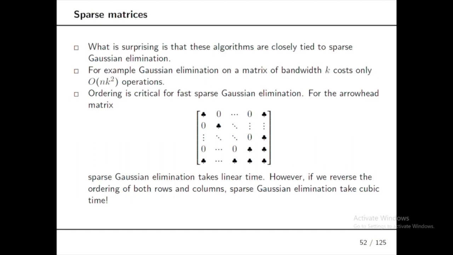If you do Gauss elimination in this ordering, so use this number to eliminate this, and this, you see that you get no fill-ins at all. You can do Gauss elimination on this in linear time. However, if by mistake you reverse this matrix and take an arrowhead like that, then the very first step of Gauss elimination will start filling in the second row and the third and so on. After you eliminate the first one, you have a completely dense matrix. So if you do Gauss elimination in the wrong order, you can take a linear time algorithm and make it an n-cubed algorithm. So when you're working with sparse Gauss elimination, the key thing is this ordering, and it is